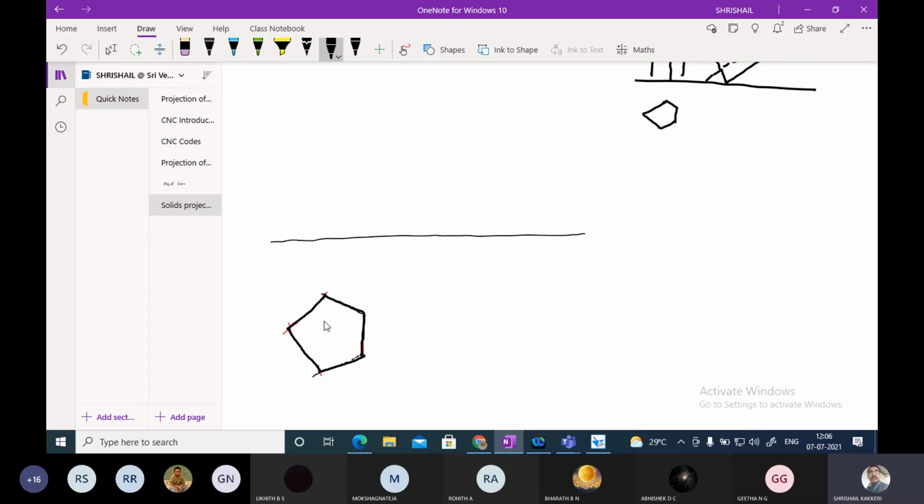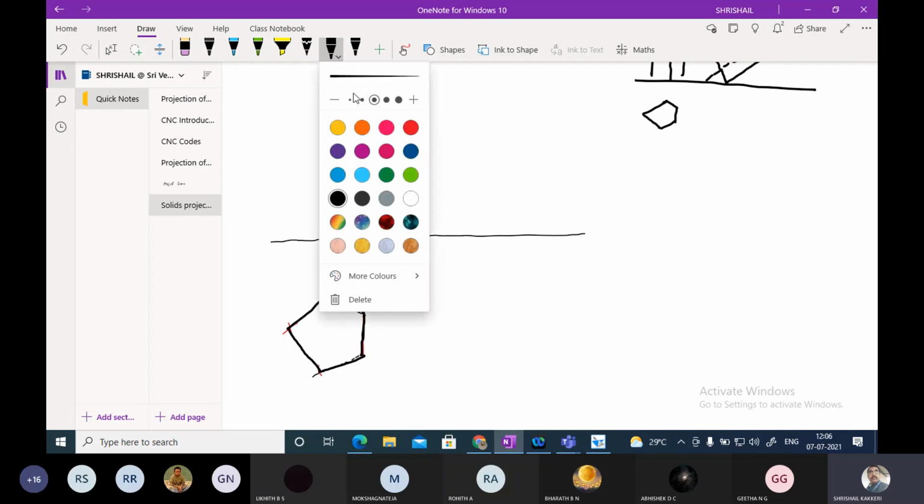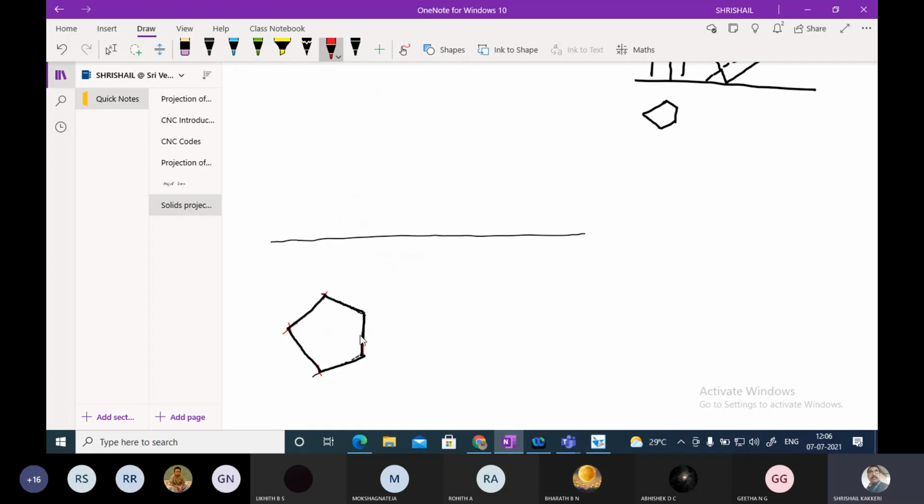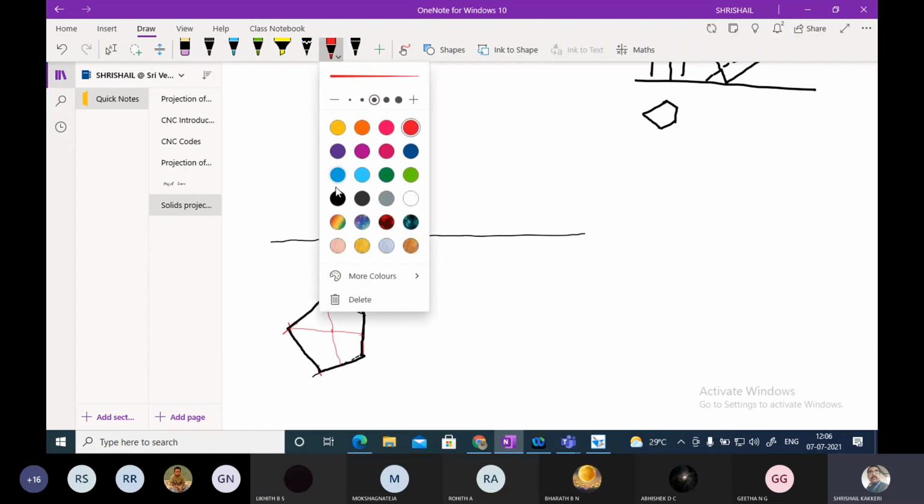Okay. Now after this, I am going to find its center. So what you have to do, bisect any opposite side with the corner and another one with the corner. Okay, I have bisected this. Any two you take, this will be the point, and that point will be the center point.